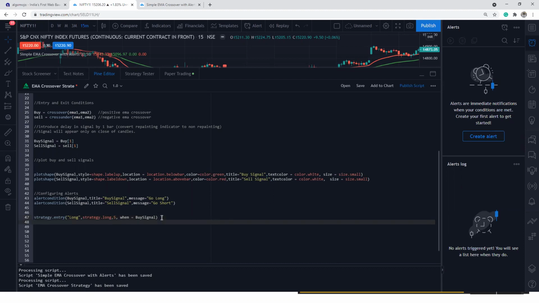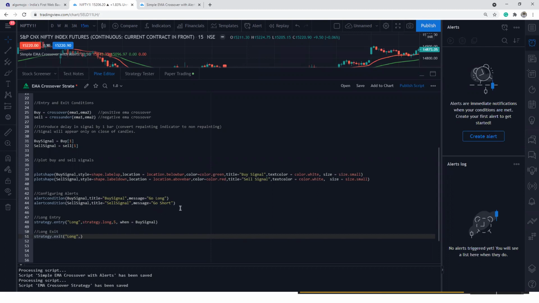Likewise, I'm also going to enter the strategy here as well. This is for long entry. I also want to close my longs, right? Long exit. I want to exit my longs when strategy.exit. I want to say long. What ID I opened, the same ID I want to close.